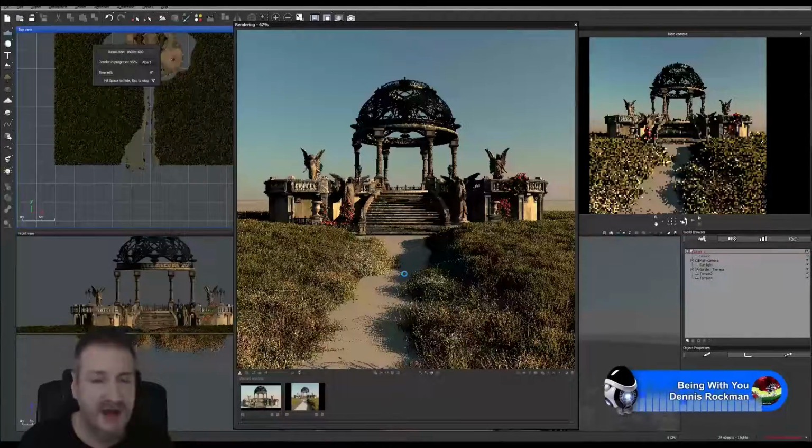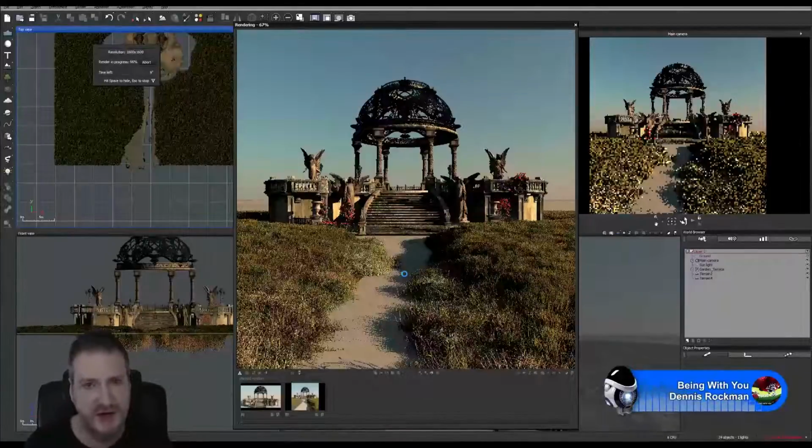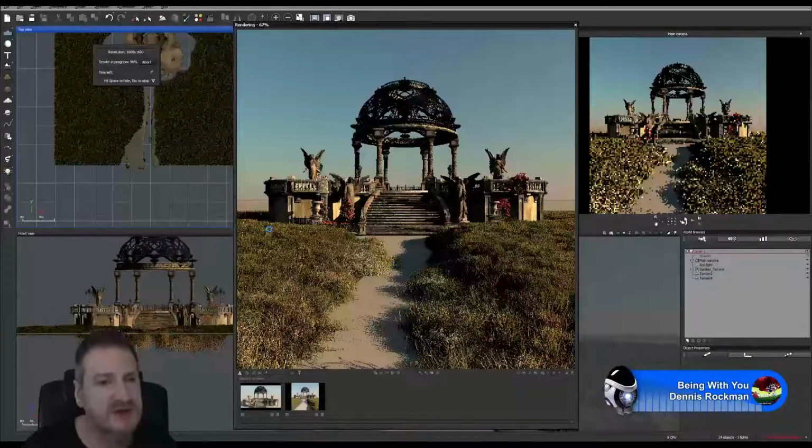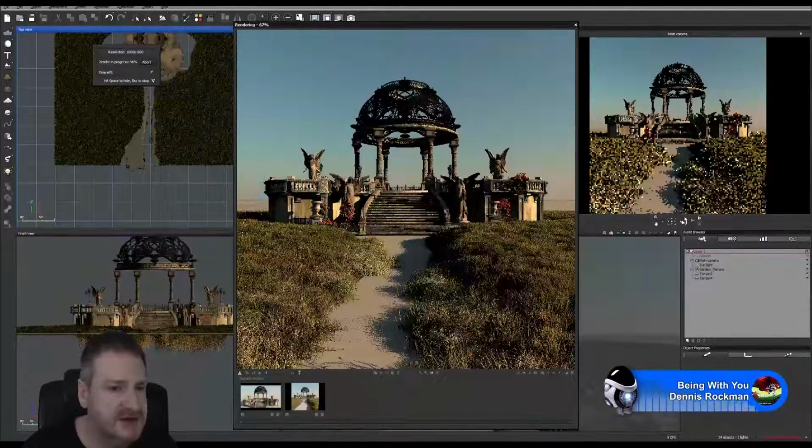So again, guys, you've got to remember what me creating this beauty render is for this model. I'm not really worrying about my environment. I'm worrying about the environment to make a pretty picture, but my main focus of these renders has always got to be the garden terrace model. Generally what I would do is I would probably pull in until the edge of the screen here is right up to the edges of the model, which I still may have to do, but I do want to include a bit more of the environment